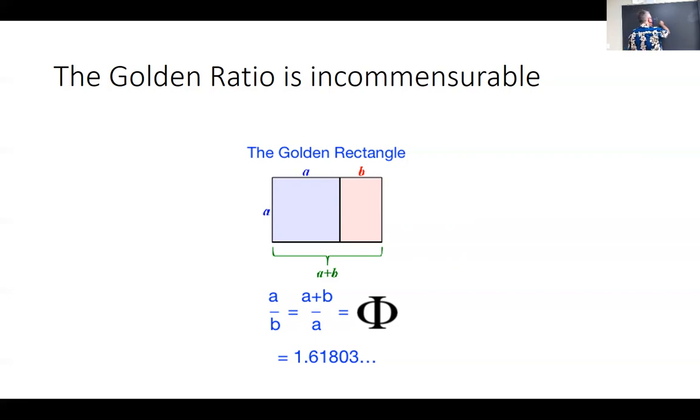So if I let A be 1, B be x, then we have (1 plus x) over 1 equals 1 over x. And so then when we cross multiply, you see we have a quadratic equation which we can solve then for x equals